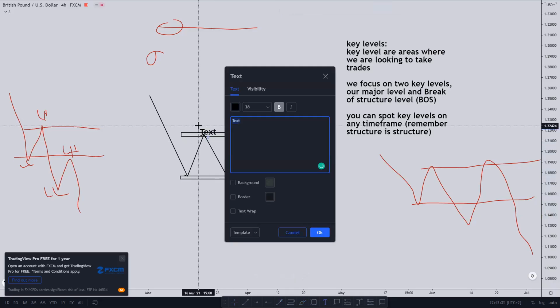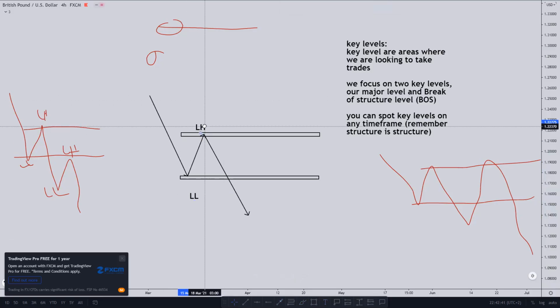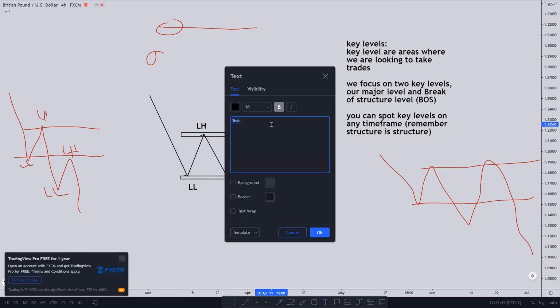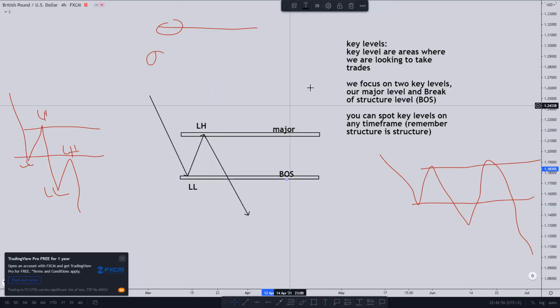And then we have our lower high, our low, and then we have our major, and then we have our break of structure. Okay, so